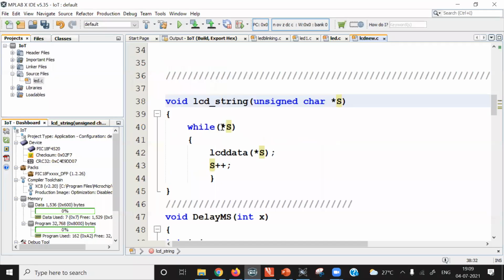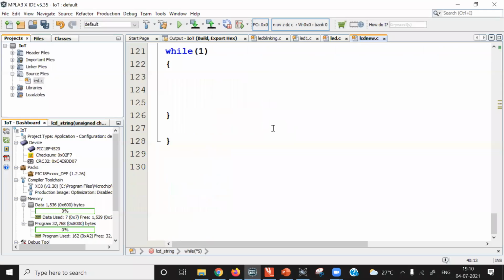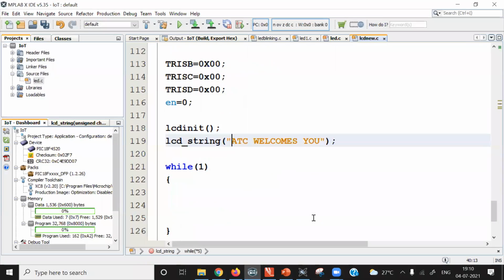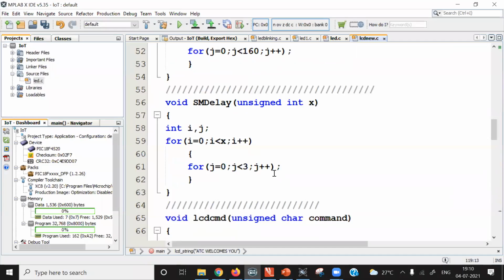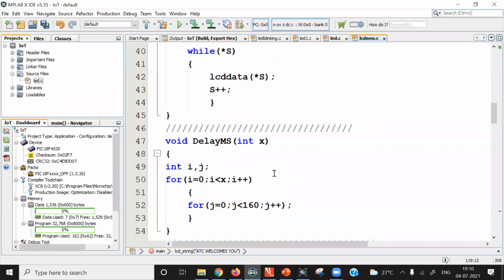Now in the while loop, when we use the pointer this way, at a time we get one character, and this character is pointed to by the string pointer s. So star s means it will get ASCII character A, because this pointer is pointing to the first character in the string.